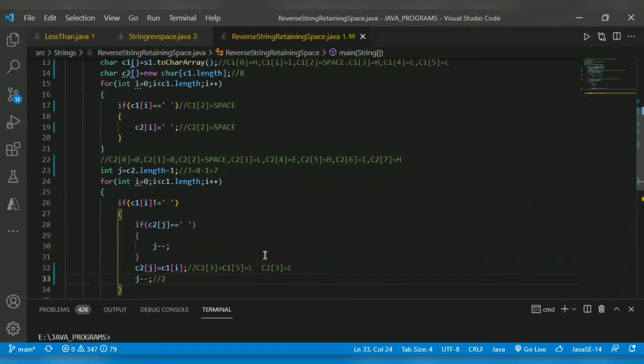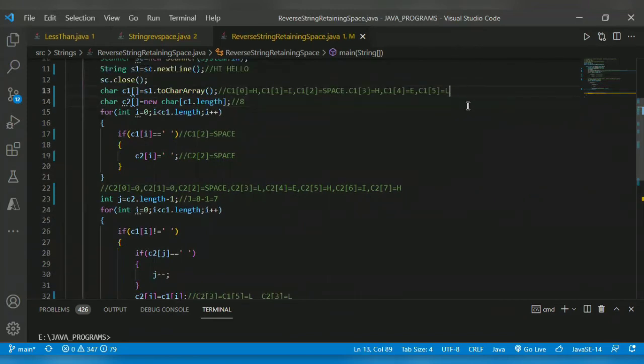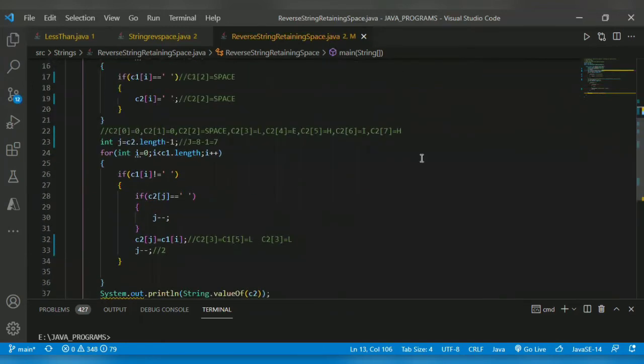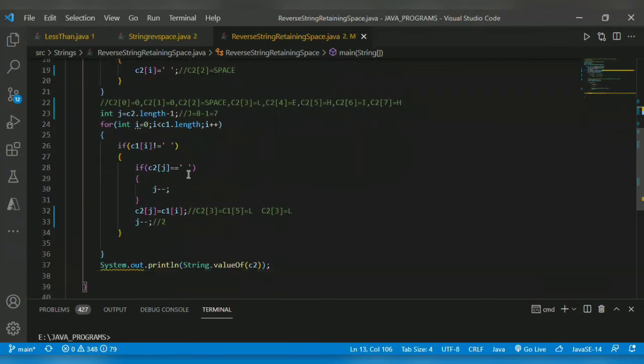After that, now i is 6. c1 of 6 is equal to L. c1 of 7 is equal to O. Now it's also not equal to space. Then c2 of 2 is equal to space. For that, it will decrement j.